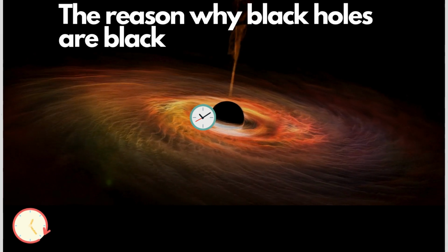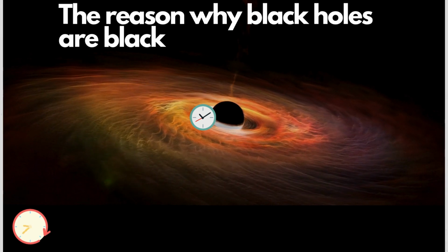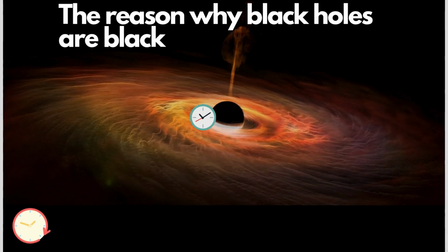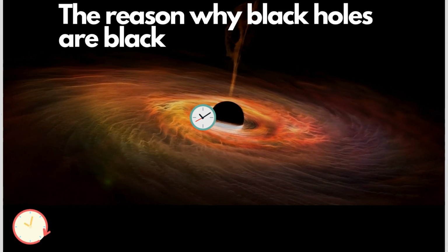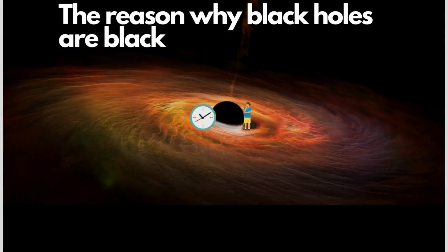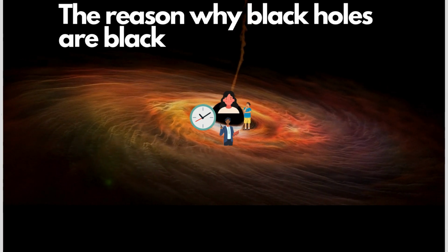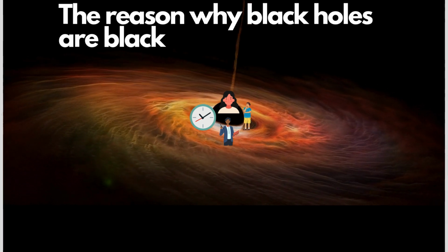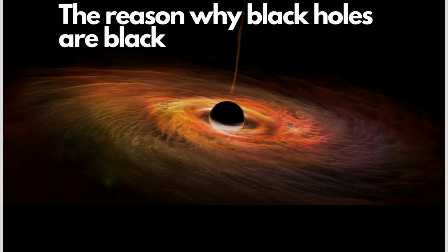First, we need to get our head around something very strange. If time doesn't appear to pass at the horizon, then how can we ever see anything fall into the black hole? Shouldn't we see everything that ever fell into it just stuck there, piled up at the horizon? Surely this should make the horizon, and hence the black hole, not black. To see why this isn't the case, and why we really do see nothing,